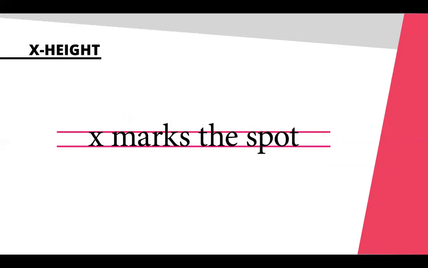And the next thing I was going to show you was X height. So people talk about the X height of a font. And the X height is the height of a lowercase x in that typeface. So these 2 pink lines show the space that is the X height. And people often refer to the X height of a font, as in, it has a very high X height